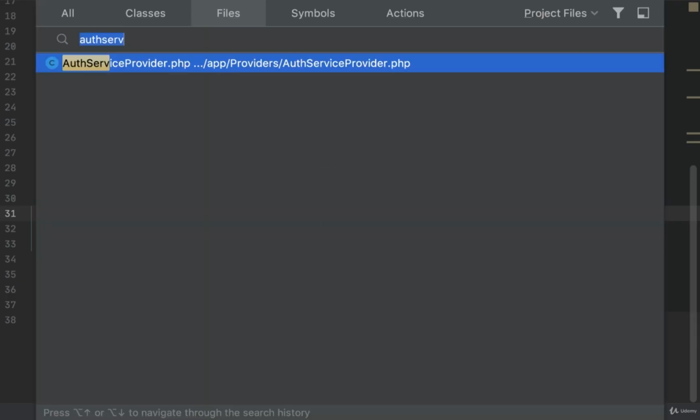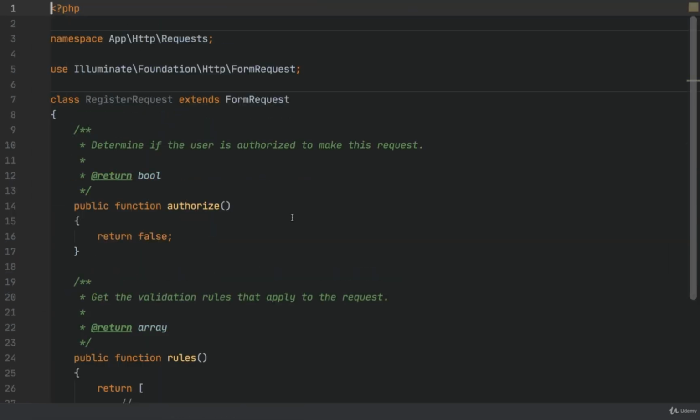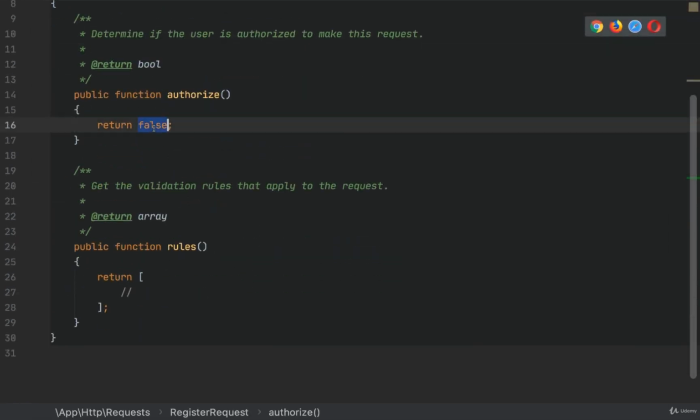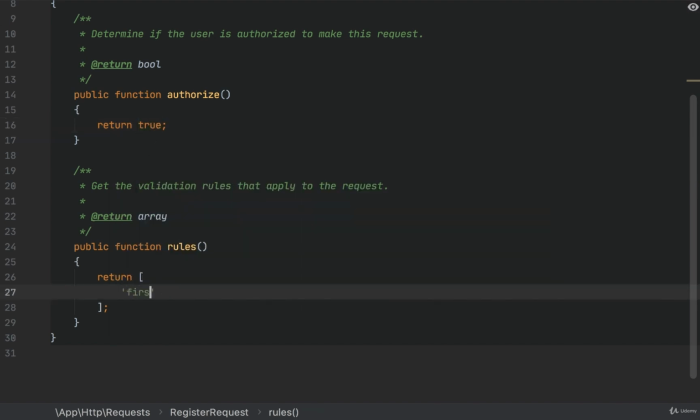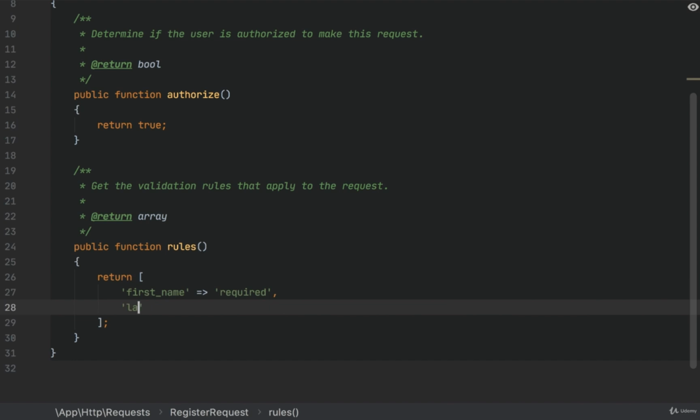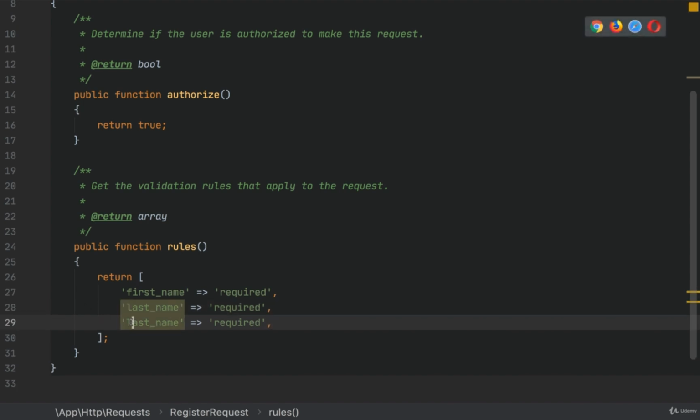So let's go to the register request now, make it authorizable, and let's add the rules. First name should be required, last name required, email required and email,